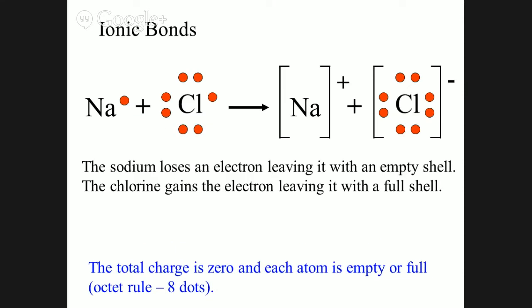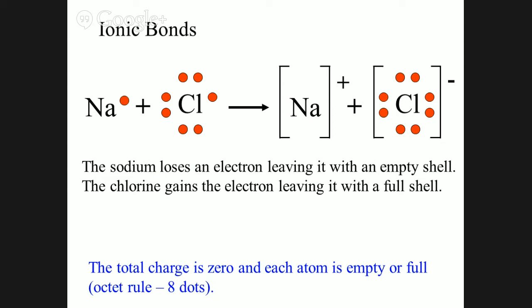For ionic bonds, it's a pretty simple idea. The metals lose their valence electrons, the nonmetals gain. And so what you see on the screen there is we're going to have sodium, our metal, lose its 1 dot, its 1 valence electron. We put it inside brackets. Notice that the bracket, there's no dots inside of that for the metal sodium, and then we have a +1